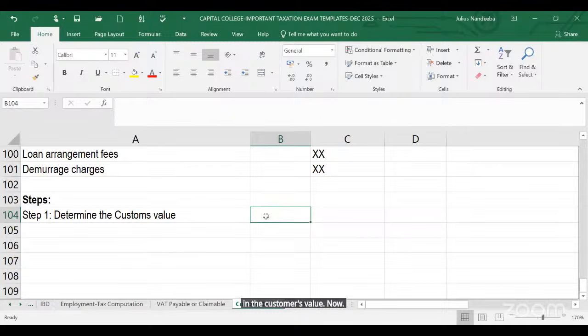Now, all other costs going back, assume you imported goods from China. So the costs of the goods plus the auxiliary costs, so what you call the subsequent costs, or what you call the surrounding costs, to bring those goods up to the point of entry is what we are calling customs value. Now, if these goods have come by air, you also have to be careful. Because if these goods have come by ship, for example, you're going to have the normal cost of the goods. Assume I'm picking them from